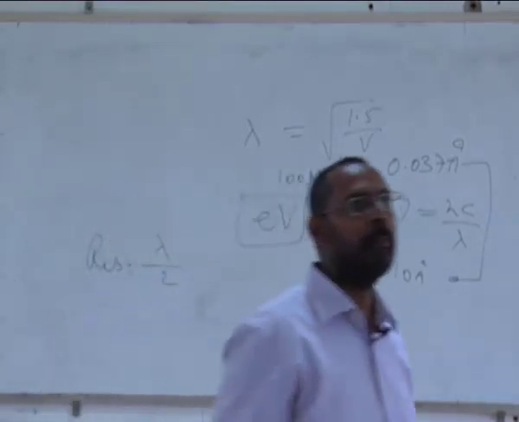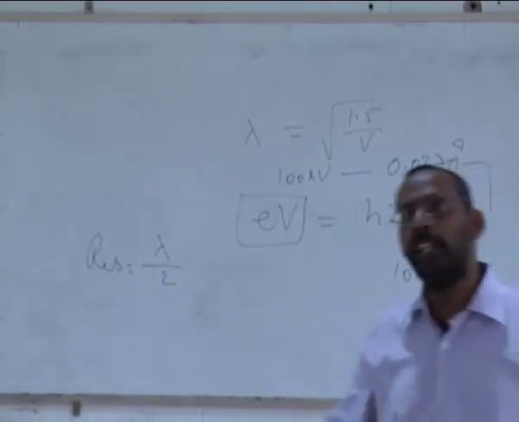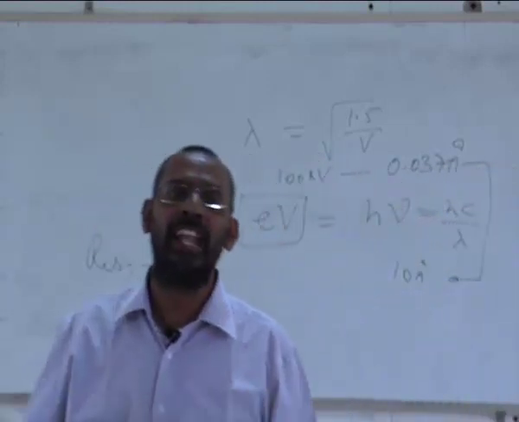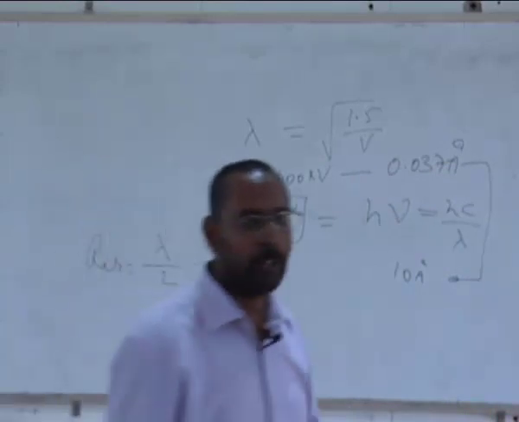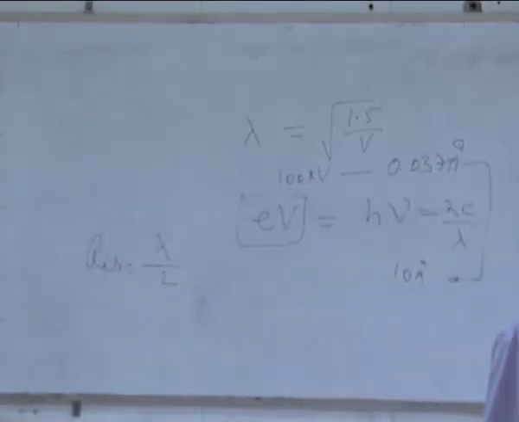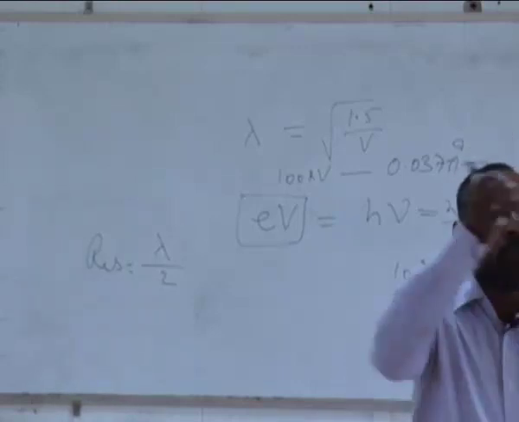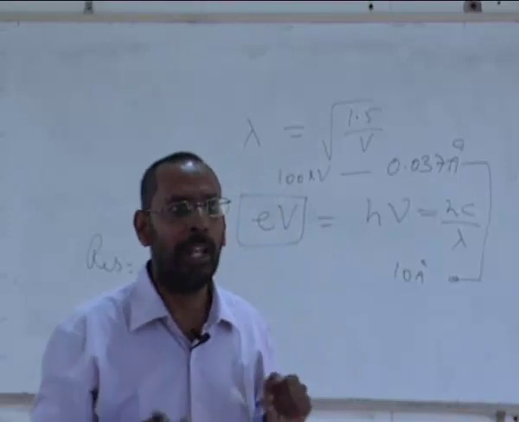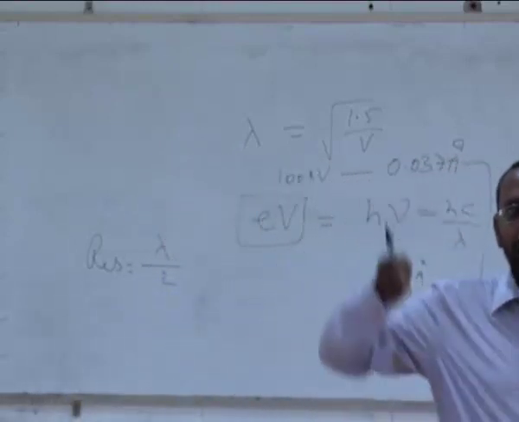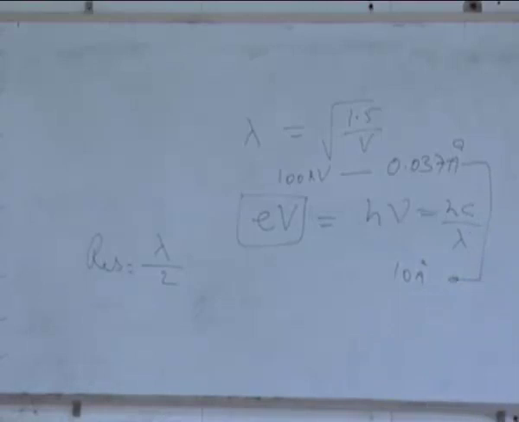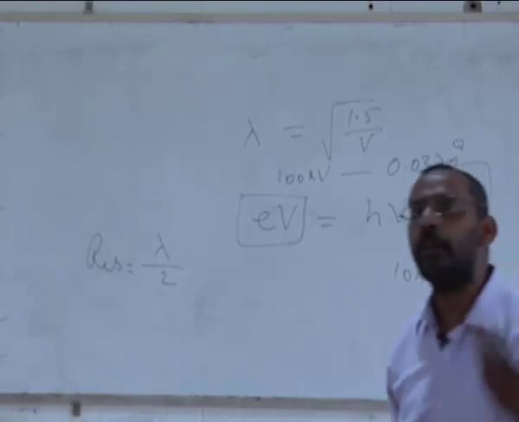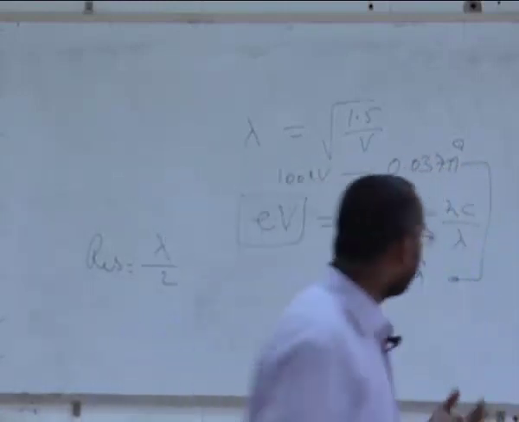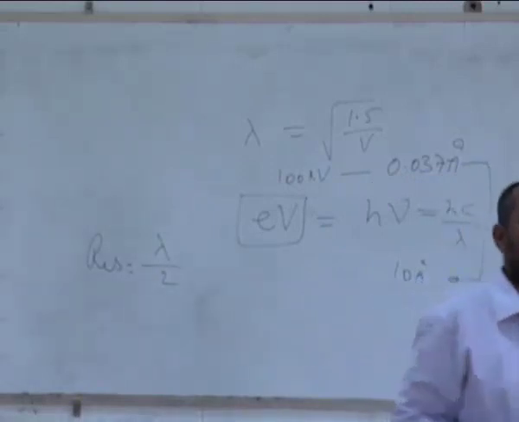Why is this a problem? You will see slowly that in an electron microscope, we use certain lenses. Like in an optical microscope, you have an objective lens and an eyepiece. Both of them are lenses which are used to converge the light onto the sample. You have to focus the light onto the sample to be able to see the sample. Similarly, if I can focus the electrons onto a sample, then I will be able to see it. To focus the electrons, we use certain lenses called magnetic lenses. And these magnetic lenses have their own aberrations.